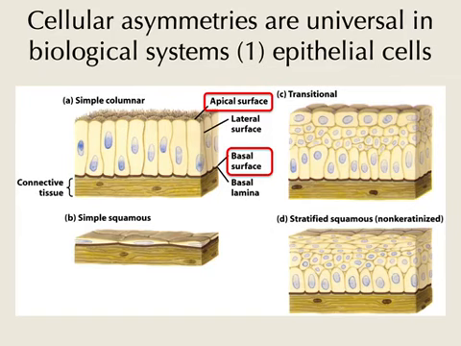Okay, do you remember how this works? If now I'm asking you, in molecular terms, what does it mean to be polarized? What kinds of molecules are in membranes? Proteins, phospholipids. Good. Okay, now I'm telling you there's a difference between the apical side and the basolateral side. What kinds of differences do you expect then? Proteins and lipids. Yeah, so certain proteins, different kinds of proteins, different kinds of lipids on either side, right? That's fairly simple. Now, I've told you this. How is that achieved? How do you position different proteins at the membrane on the apical side versus the basolateral side?